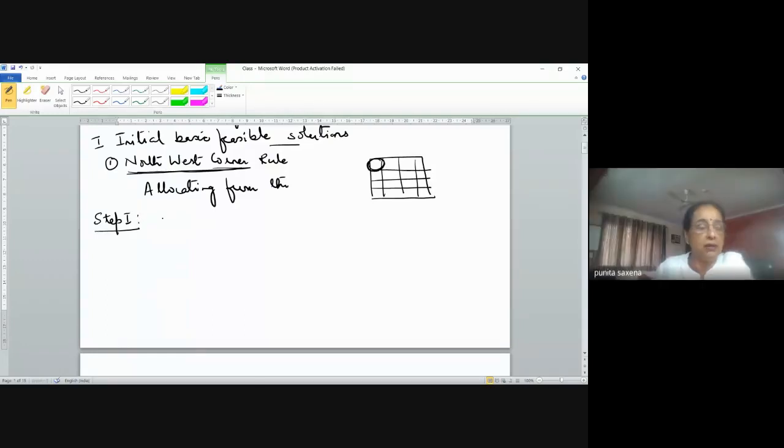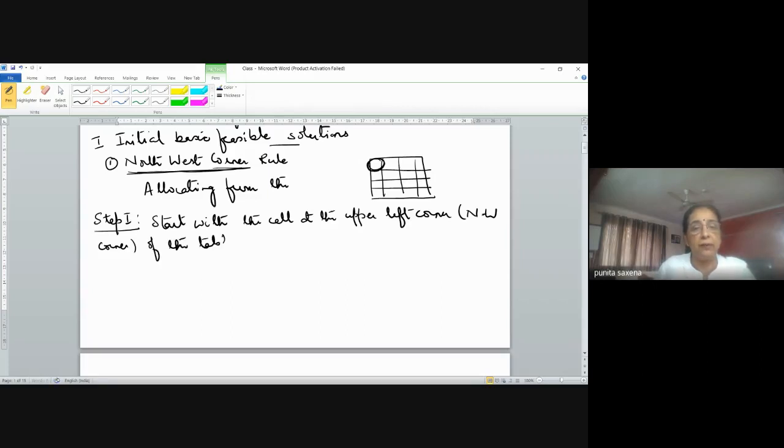Step number 1 would be to start with the cell at the upper left, which is actually the northwest. If we divide this table into directions, this is your northwest direction. So we start with the cell at the upper left corner, which can be called the northwest corner of the table, meaning the transportation table or transportation matrix, and allocate